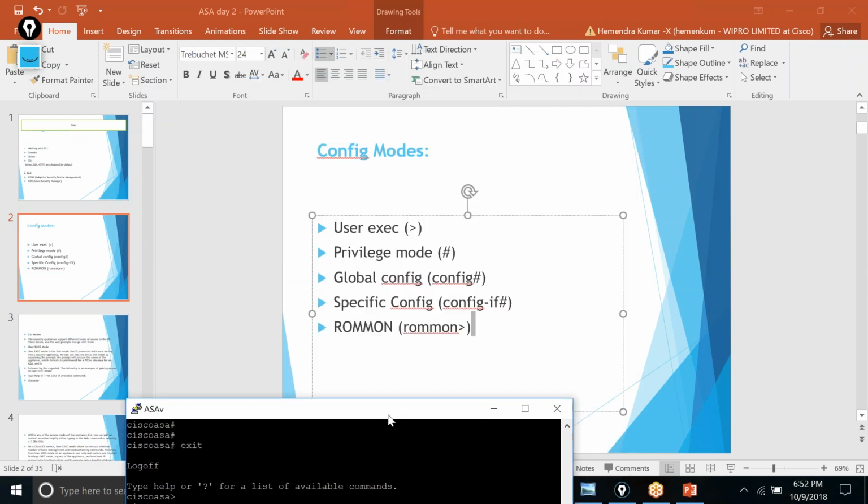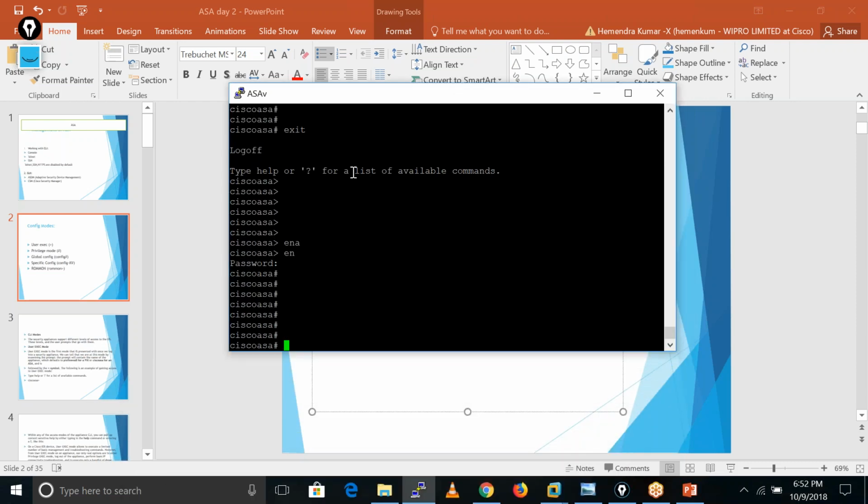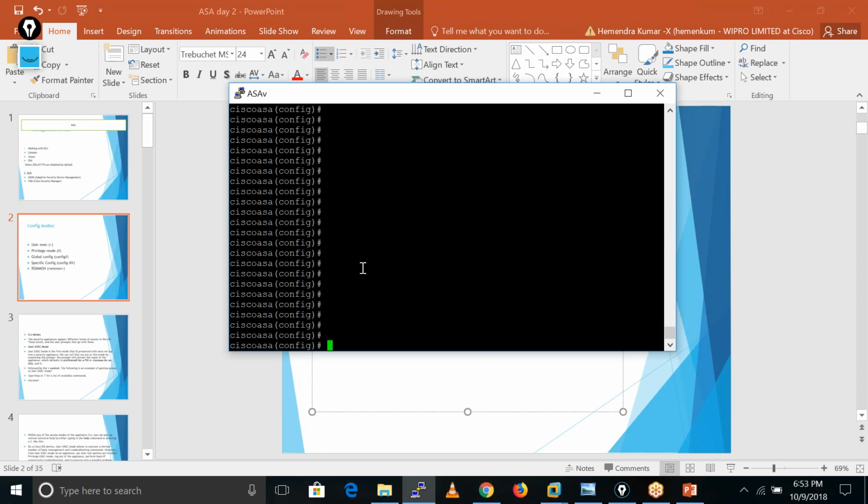Basically in the Cisco ASA firewall there are privilege levels between 0 and 15. 15 is the highest privilege level. Just remember this. Now if I want to go into config mode, I just type configure terminal or conf t. Now I am in configuration mode. We can also use exit from here.